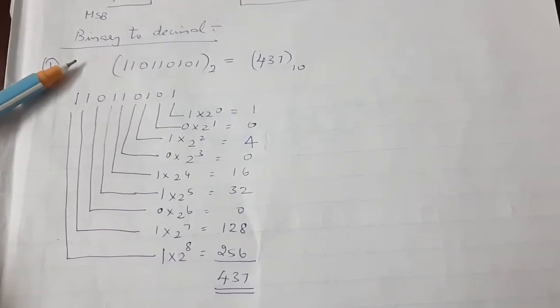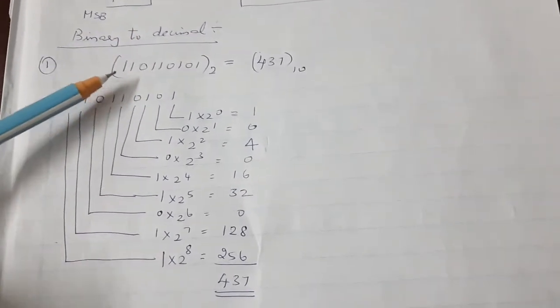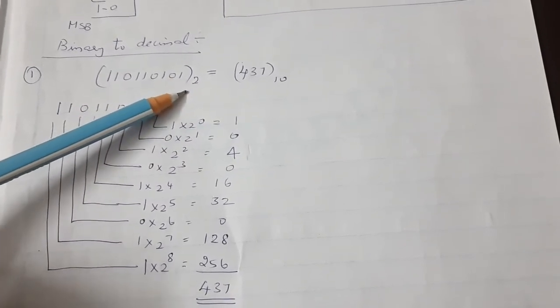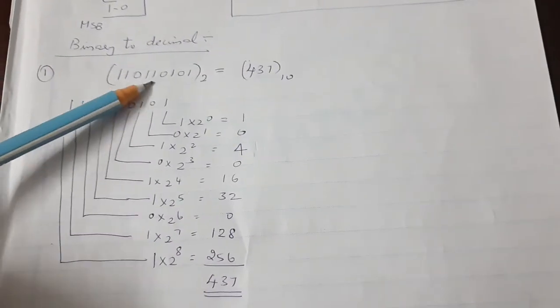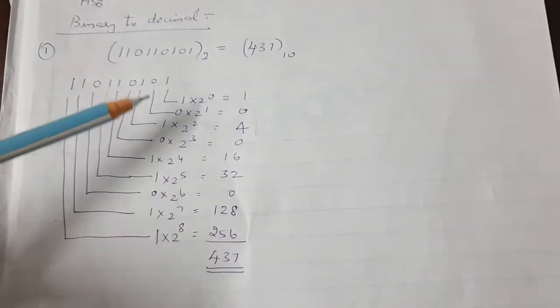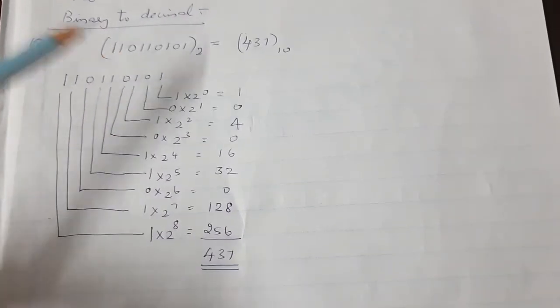Next we move on to the reverse conversion. How do we convert a binary number to a decimal one? The binary number is given with a base subscript, which shows what number system it is. It is 2, therefore it is a binary number: 110111010. How to convert this? You start from the LSB value, then slowly move to the MSB value.